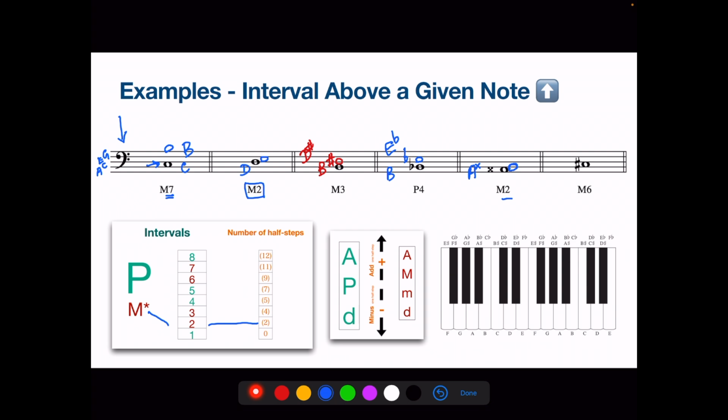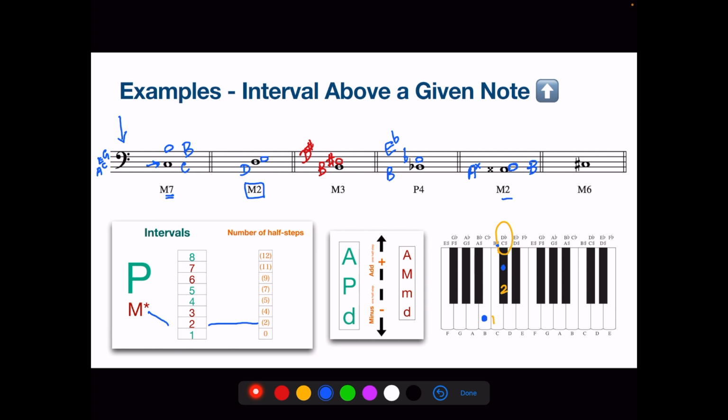So if we take A double sharp, which is actually going to be here, if we count up 2 half steps, it's going to be from here. This is 1, 2. So which note do we take? Do we take a C or a D? Well, the answer is no. None of those. Because from A, the next letter name is actually B. So we have to spell this note right here